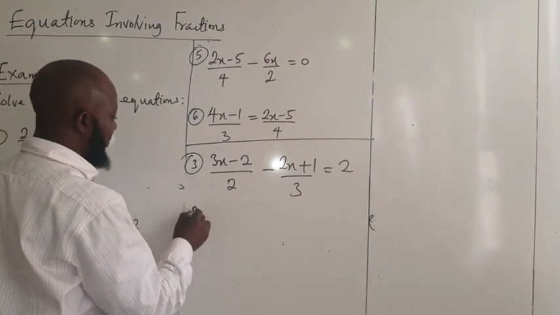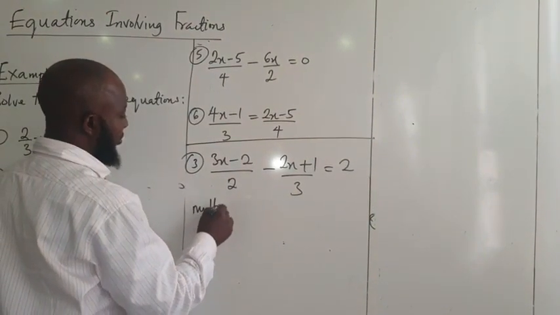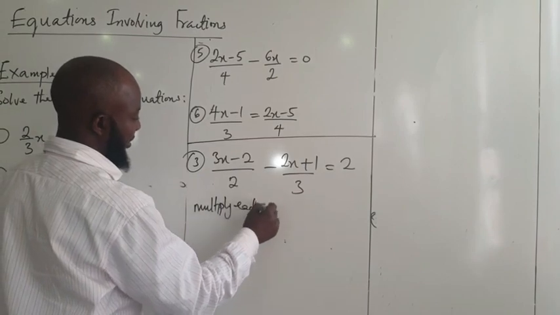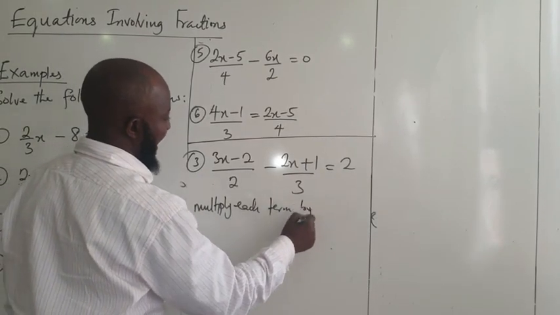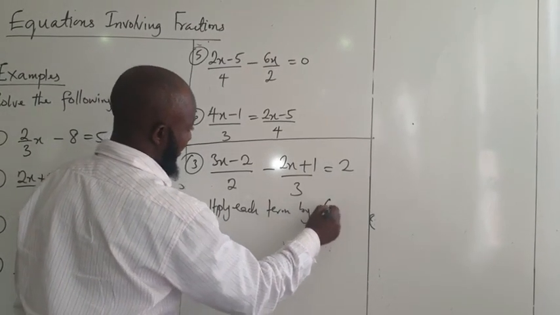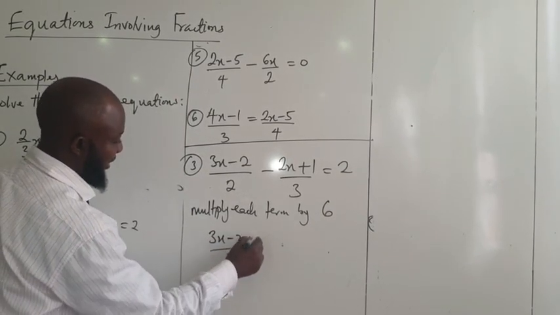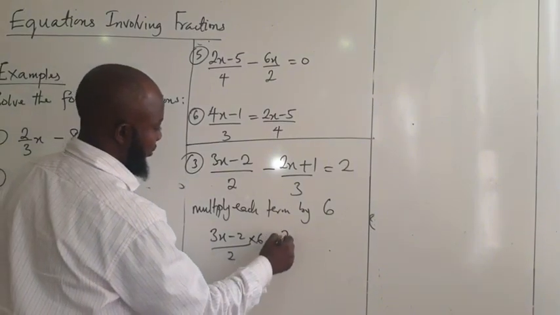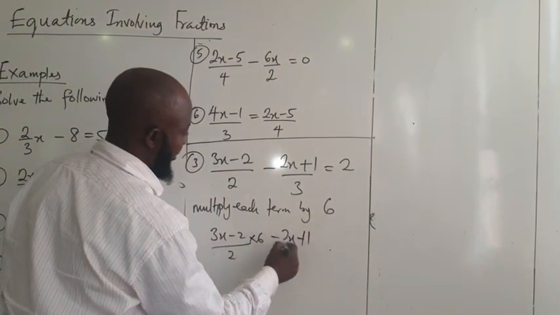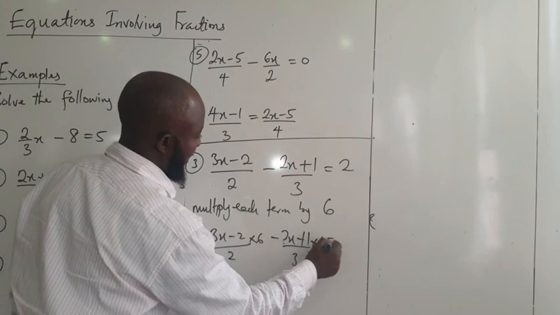So we now multiply each term by the LCM, which is 6. So which means we are saying 3x minus 2 over 2 times 6 minus 2x plus 1 over 3 times 6,